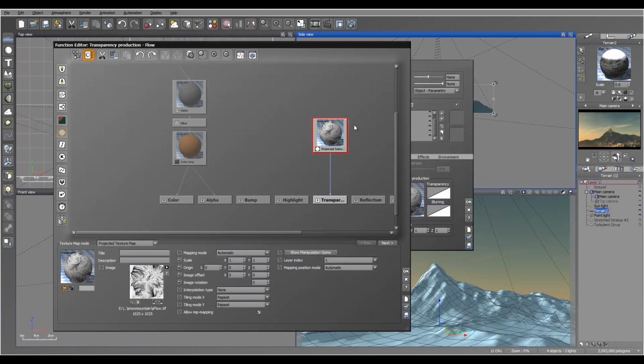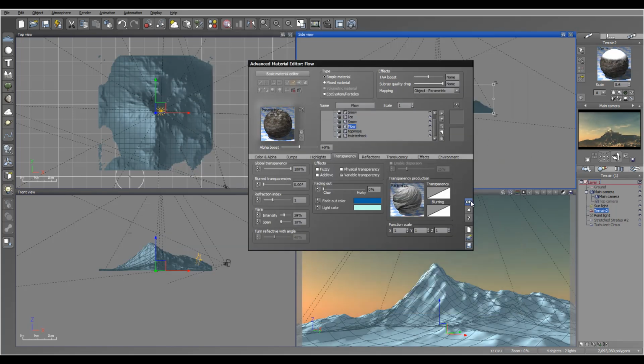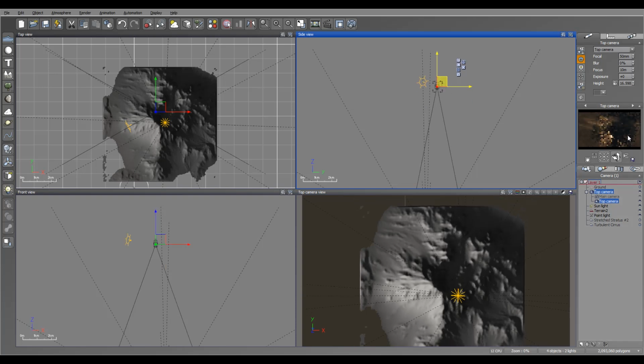So we'll go inside the edit function, and one thing, mapping position, I want set to object parametric. I want to set at least interpolation to normalized, so it won't have all those blocks. Let's remove the repeat, and because we have 1.4 and other ones, I want to actually stretch this to 1.7. So we'll increase map coverage. To best see how it's covered, we can always take a top camera,